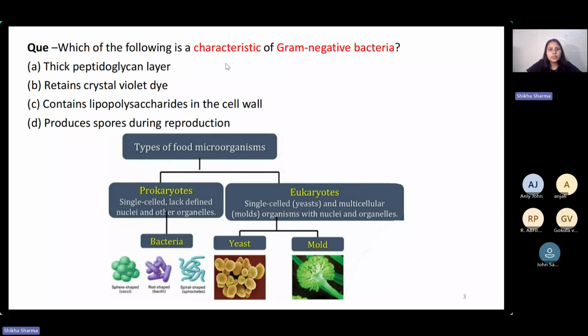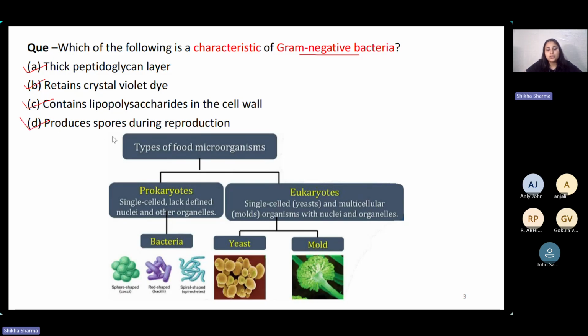Which of the following is a characteristic of gram-negative bacteria? We have four options: A, thick peptidoglycan layer; B, retains crystal violet dye; C, contains lipopolysaccharides in the cell wall; and D,